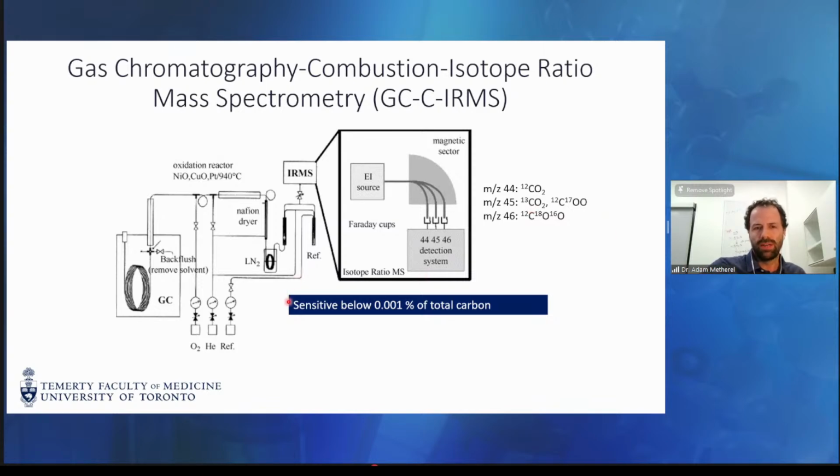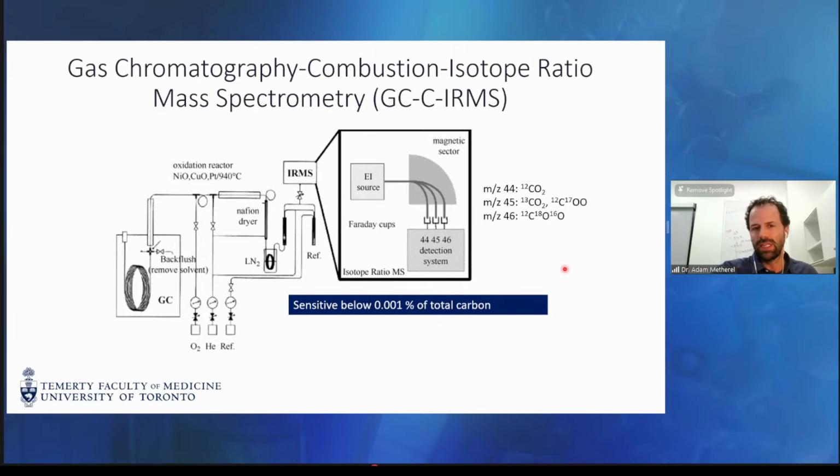And this ratio of C13 to C12 then is used to measure differences in natural abundance. And this is very sensitive, because the detector is so specific to certain masses, we actually can get very high sensitivity. When I mentioned 1.1% on average of all carbon is C13, we can actually detect variations to as little as essentially 1.111%. Of course, depending on sample sizes and that sort of thing.